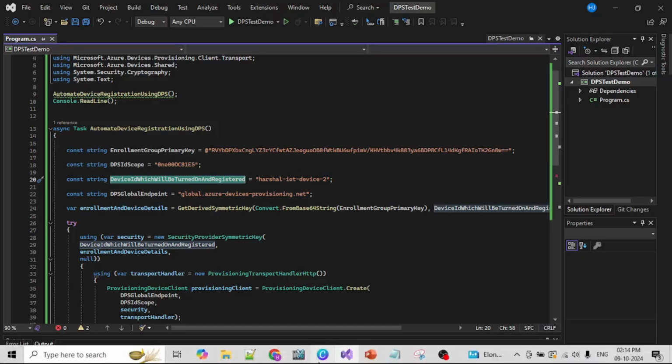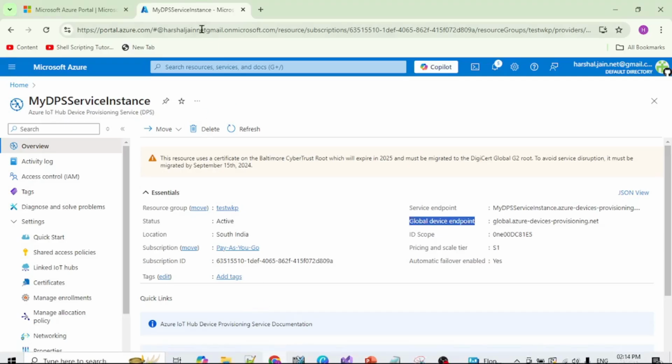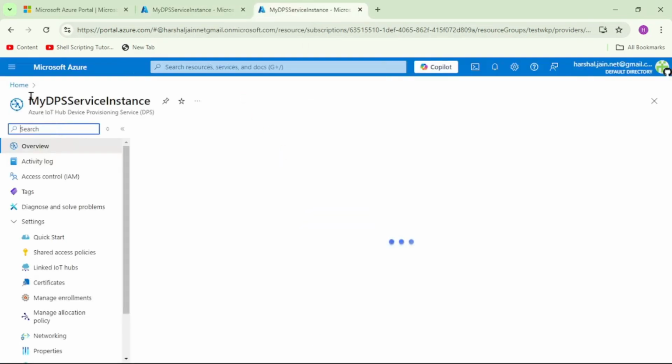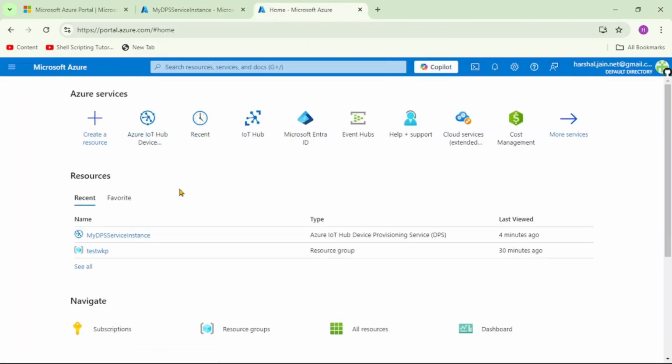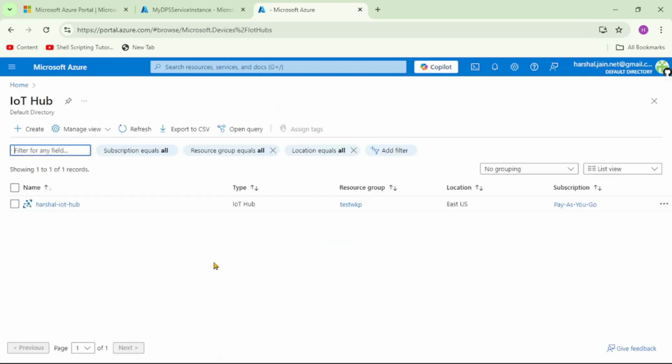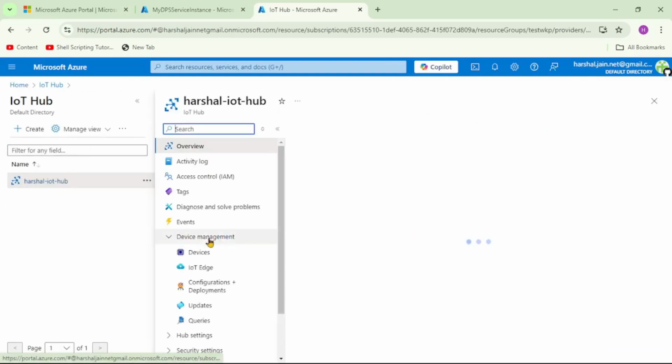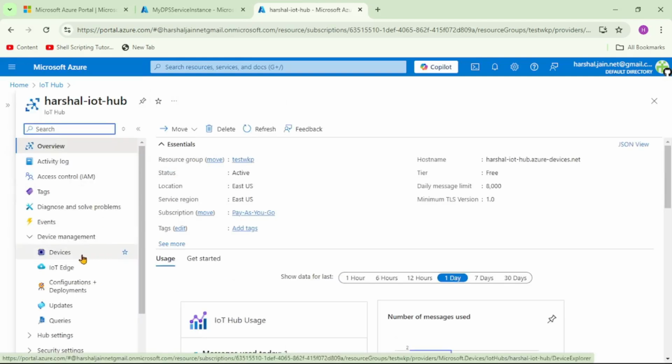And let me show you IoT Hub quickly. Let me duplicate this tab, let's go to home, click on IoT Hub, open our IoT Hub, and go to devices.